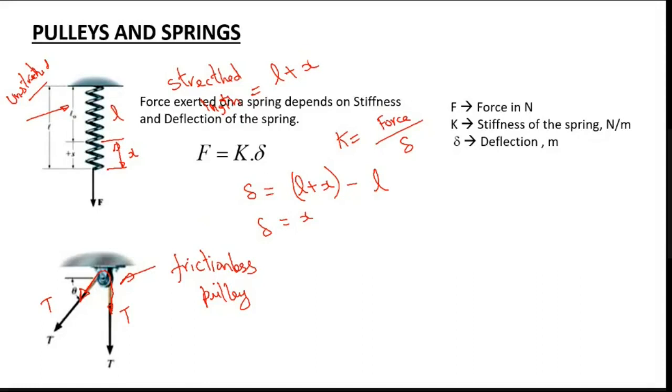Mostly you will have at least a little bit of friction, which will make your pulley rotate. But we assume that it is a frictionless pulley, only for this particular unit. When you go to the last unit, maybe we will consider friction pulleys, and in that case your T will vary. For now, let us consider that whatever passes over the pulley, your tension is the same.